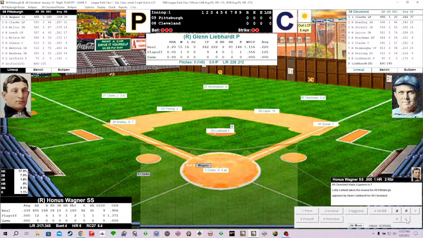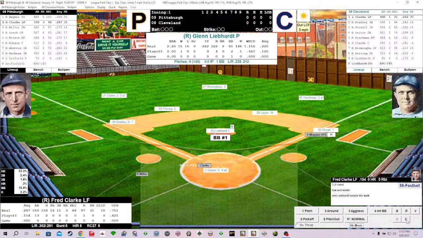And we're about to get underway here as Liebhardt sets and deals, and Wagner draws the walk. Fastball missing, this one low and inside, and the Flying Dutchman is aboard. And the Pirates with a nice hit and run tandem here right now as left fielder Fred Clark steps in, player manager of these Pittsburgh Pirates. Clark is having a disappointing tournament thus far, hitting just .154, in 1909 for these World Championship Pittsburgh Pirates.